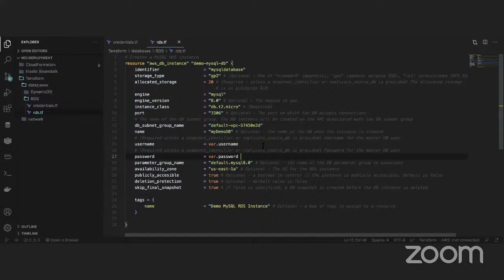Okay. So this is our RDS instance. We just created it, right? So we have the identifier, which identifies the database. We have the storage type, we use GP2. We have the allocated storage, 20 GB. We have the engine MySQL, the engine version